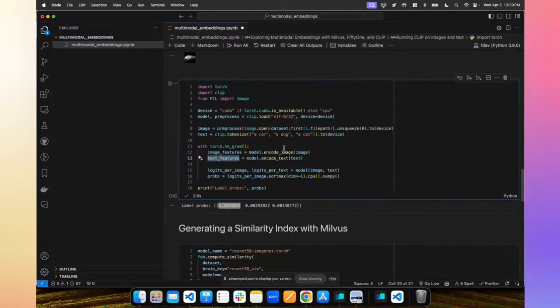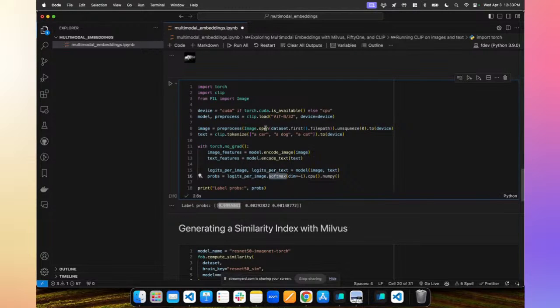It is basically looking at how high the overlap is between the text features and the image features, and it is normalizing everything at the end of the day with this softmax and assigning probabilities, or treating these results as probabilities.